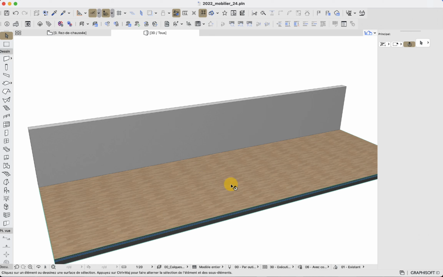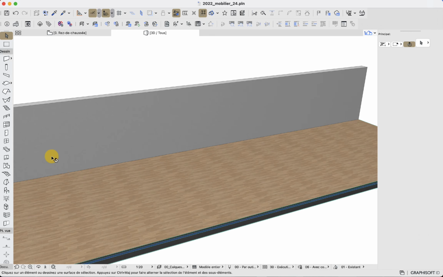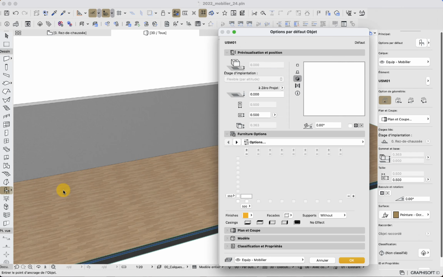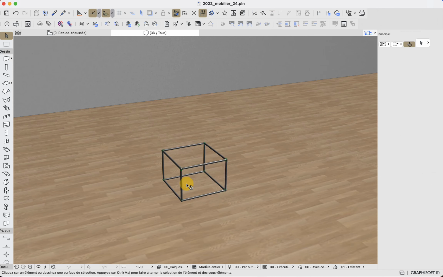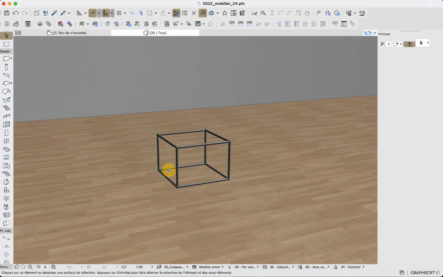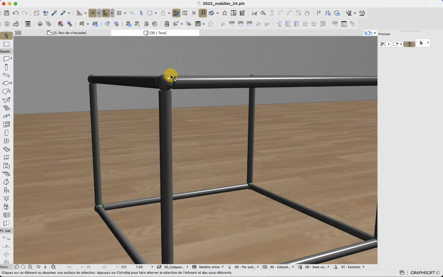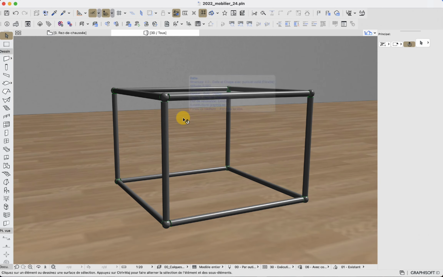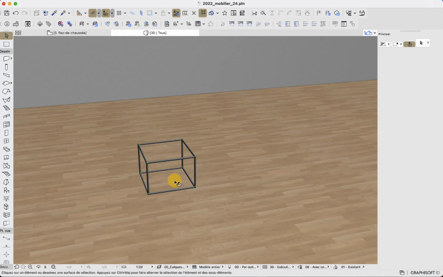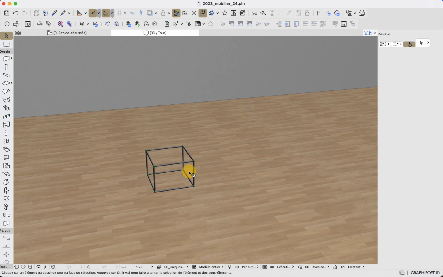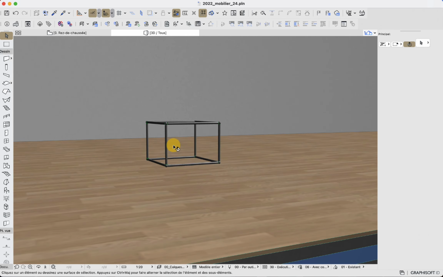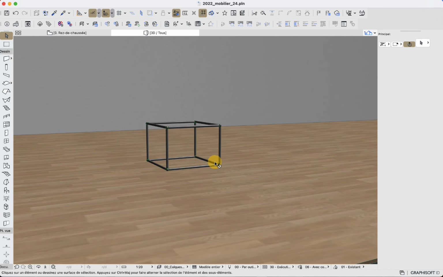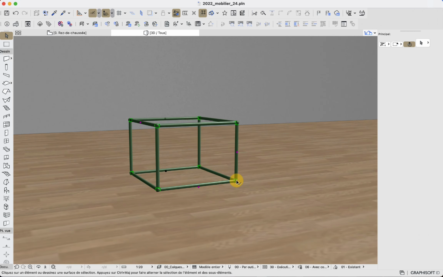Bonjour. In this video, I will showcase my second entry for the parametric object challenge, and this entry will be a modular furniture. This kind of furniture is a concept created by a known manufacturer, based around spheres and cylinders that are screwed with each other, and then create a frame that can be quite wide or quite high to create furniture, in which it will have casings or facade to eventually close some of the modules. So here, this is the basic module.